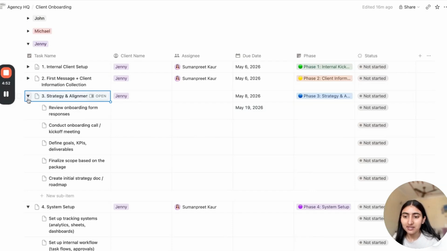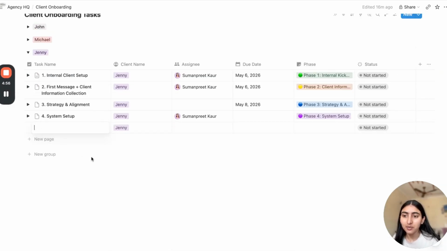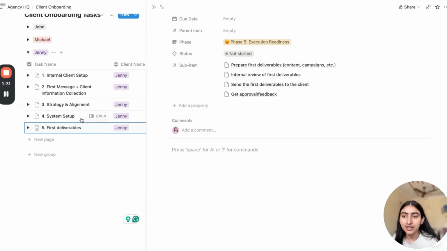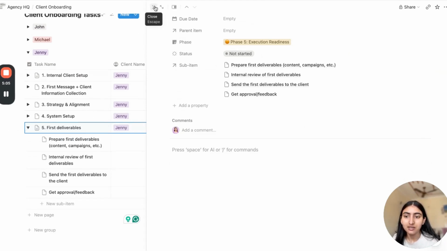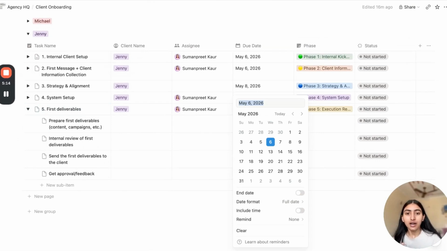And the next part is, we are done with the strategy and alignment, we are done with the system setup. So now we have the fifth task, that is first deliverable. It contains all the subtasks: prepare the first deliverable, internal review, send the deliverable to the client, get approval. It also depends on how this process flows in your system.